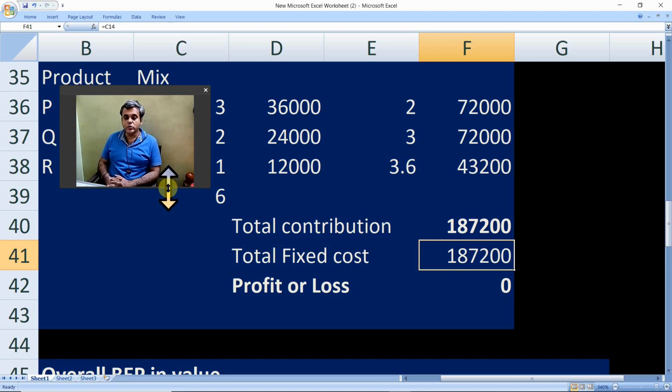Now you are able to visualize what I'm saying, right? So simple logic. How have we calculated overall BEP? It is total fixed cost divided by weighted average contribution per unit. I have done the calculation. Shall I proceed? Now let me show why the formula is correct, or let me show the rationale behind the formula. Suddenly, why should I take FC divided by weighted average? Let's see how the formula works itself out.